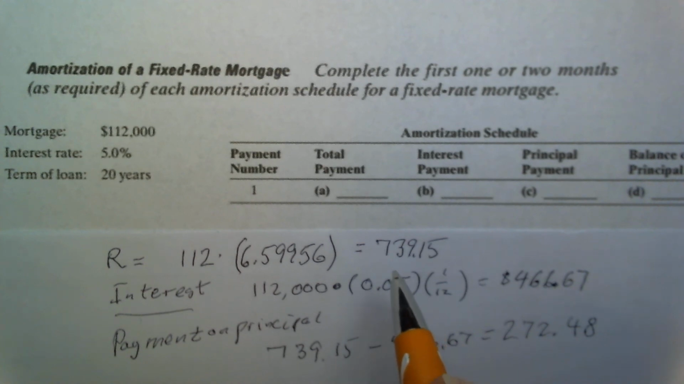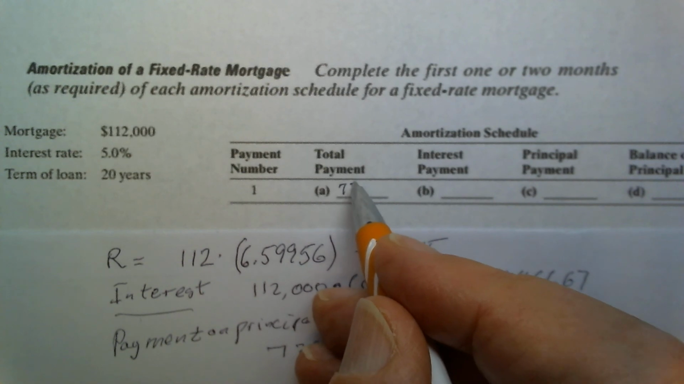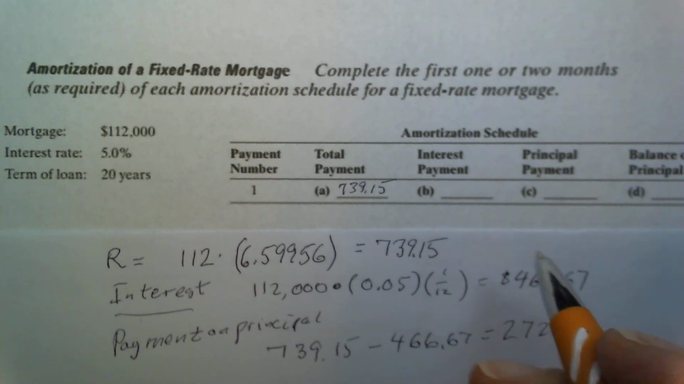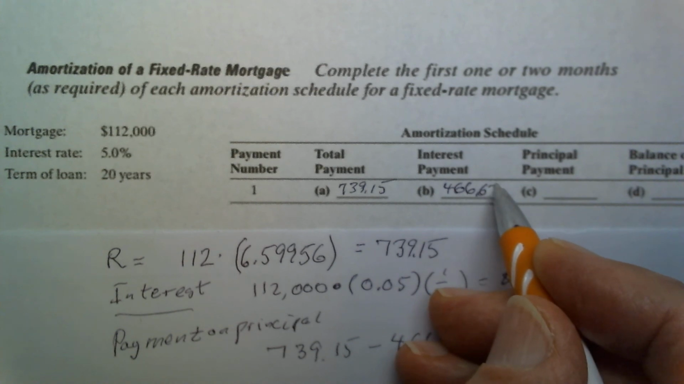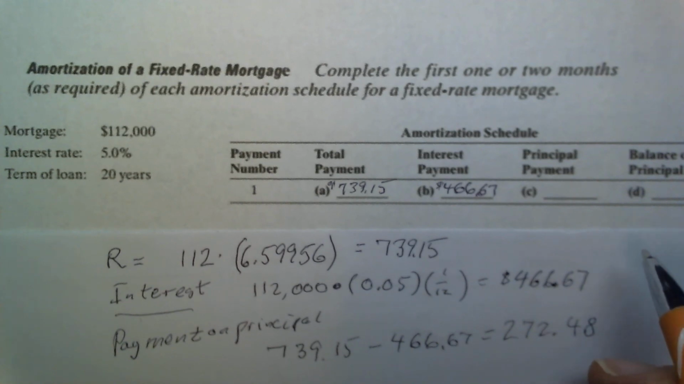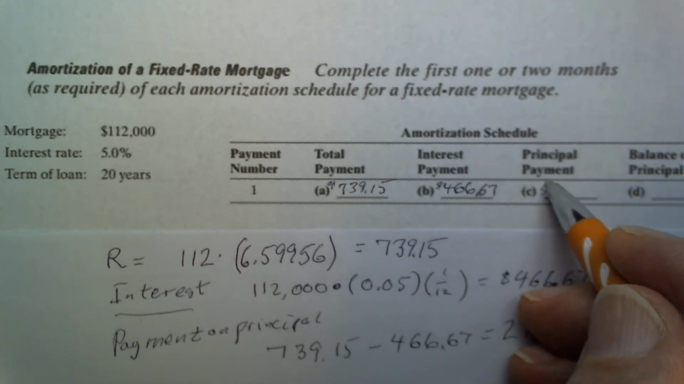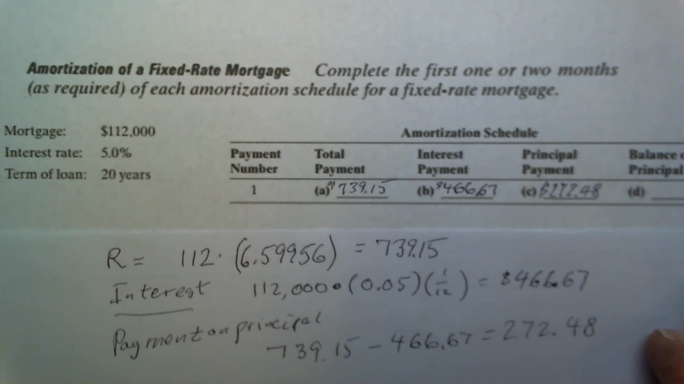So we can fill in the numbers here: $739.15 for the total payment, and the interest payment is $466.67. Of course, with all dollar signs. And then the principal payment is $272.48, the amount we just computed. And now the new balance